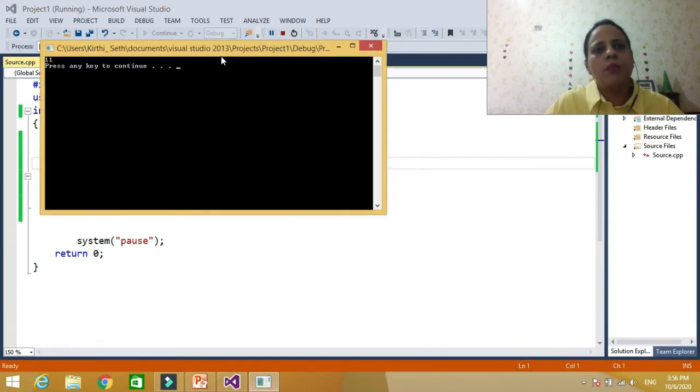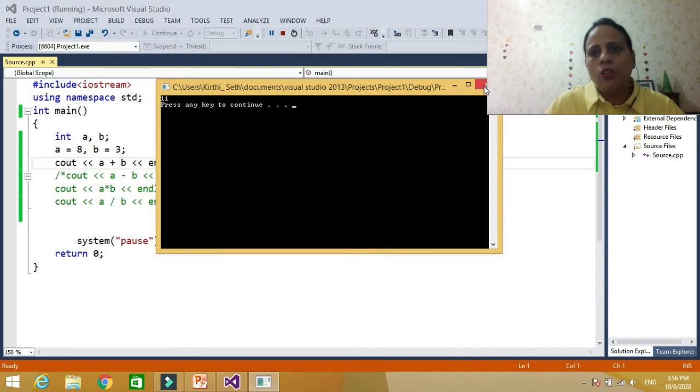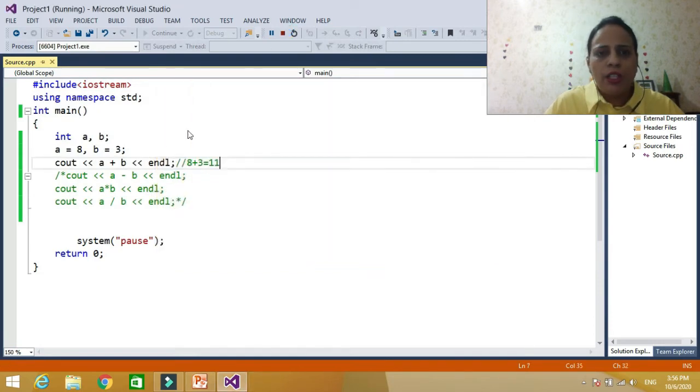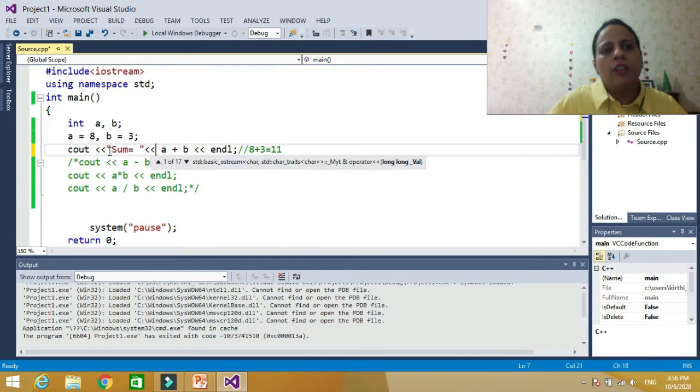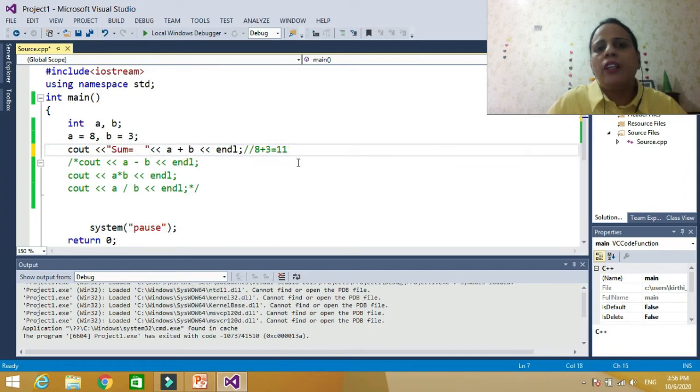See, sum is 11. To make this output more clear, we could write it here like this: Sum is equal to. Then it will be clear what it is displaying.